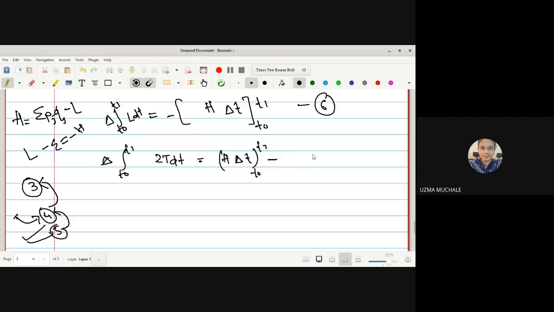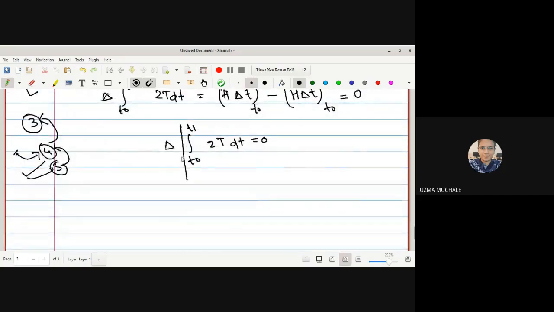So the value of this term we have got as minus of H delta t within the limit t naught to t1, and hence we get this value equal to 0, which means that the variation in action is 0. Why is it the action? Because this is the definition. This is A. Delta variation in action equal to 0, and hence the result. Okay. Yes, ma'am. So in this way, we have completed our third chapter.